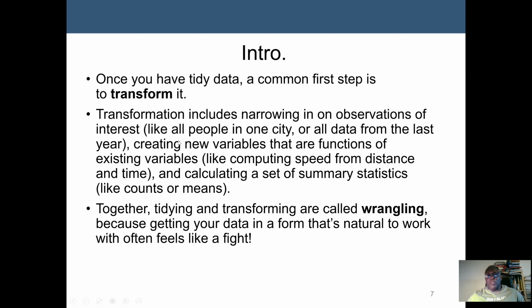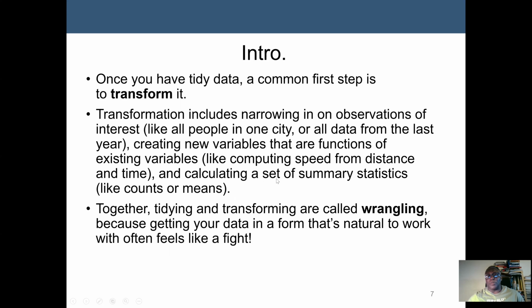Examples are all people in one city or all data from the last year. We can also create new variables that are functions of existing variables, for example computing speed from distance and time, or calculating a set of summary statistics, such as the mean,